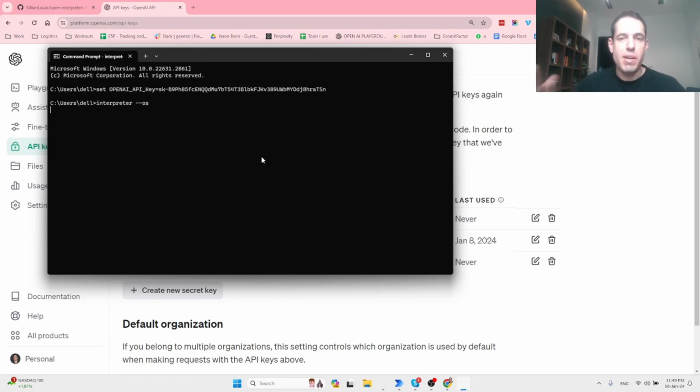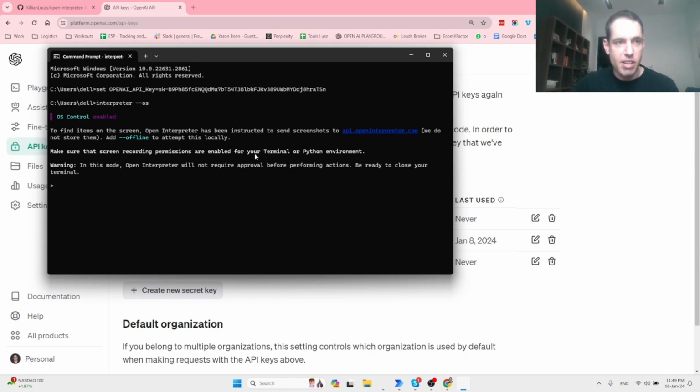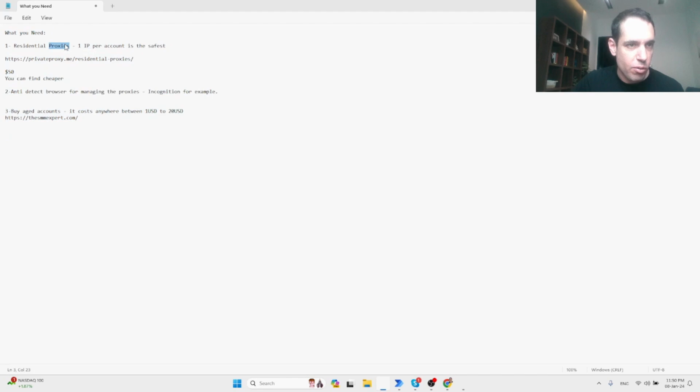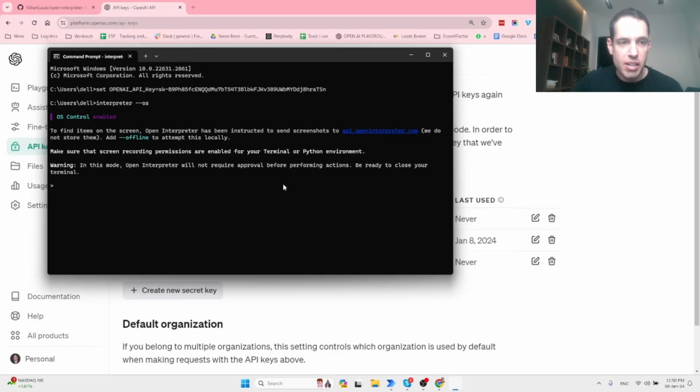So as I've said, it basically takes screenshots of your computer, of your front end, and based on this, it analyzes and decides which action is going to be taken next. So make sure that screen recording permissions are enabled for the terminal or Python environment. Now let's choose what we would like it to do. So first thing I would like it to do is open Skype and send a message